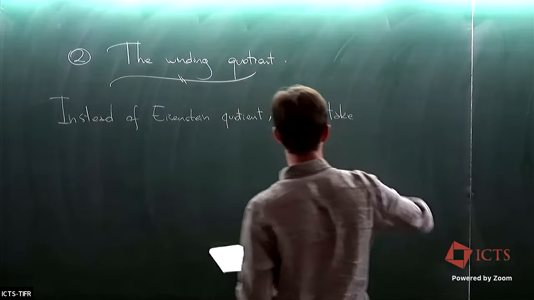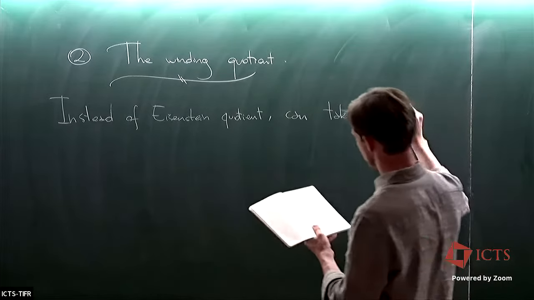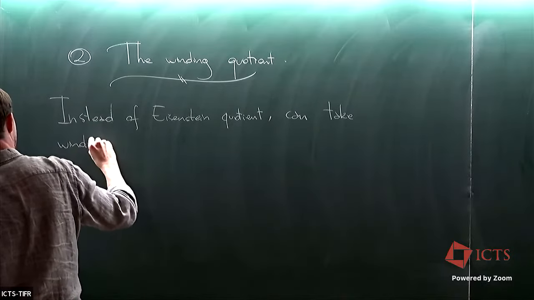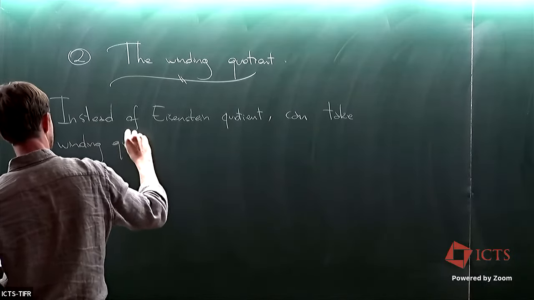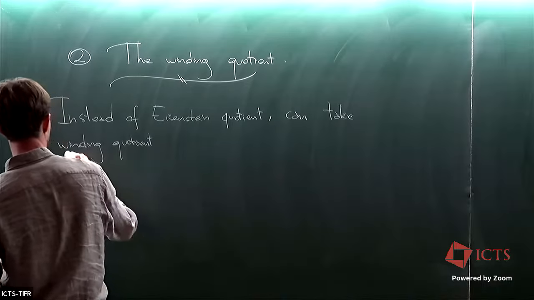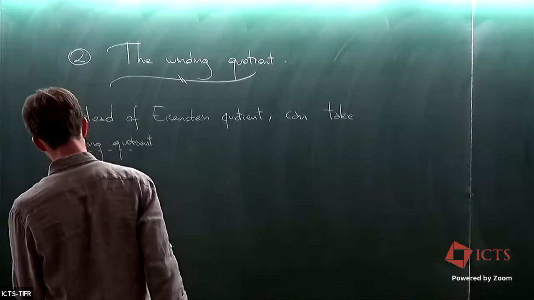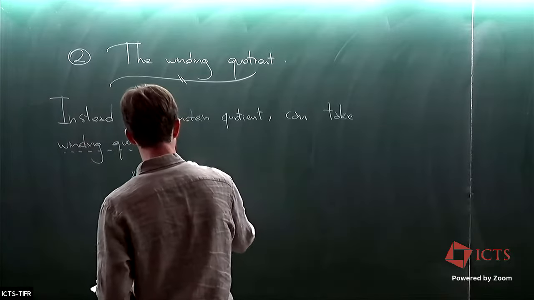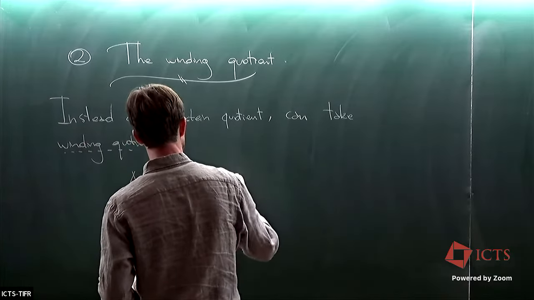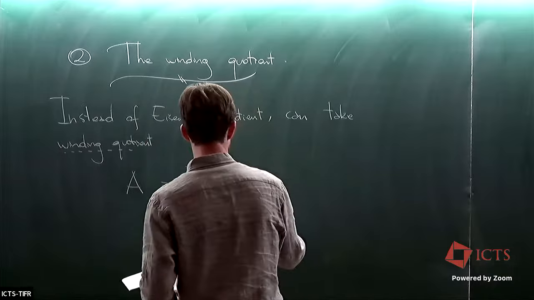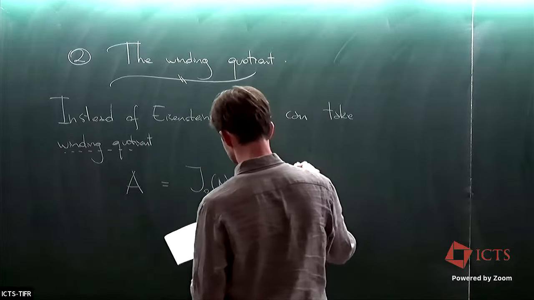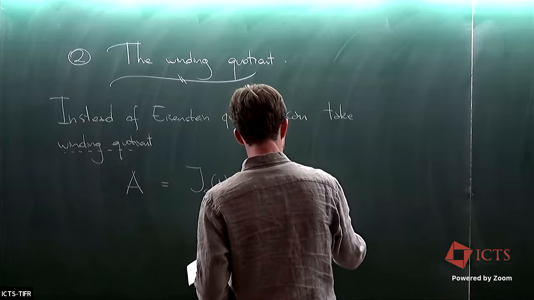You can find in the modular Jacobian J_0(N) the so-called winding quotient, which is defined as follows. The abelian variety A is obtained as a quotient of J_0(N) by the image of some ideal, the winding ideal, where that winding ideal